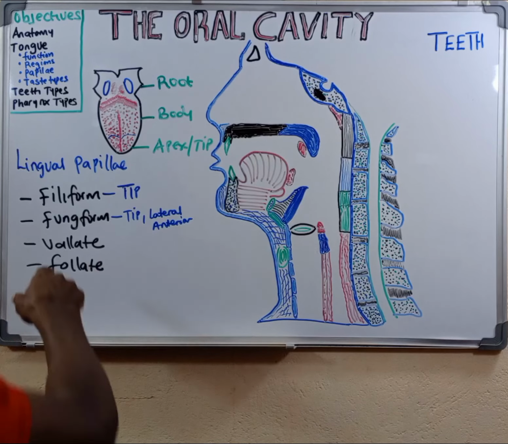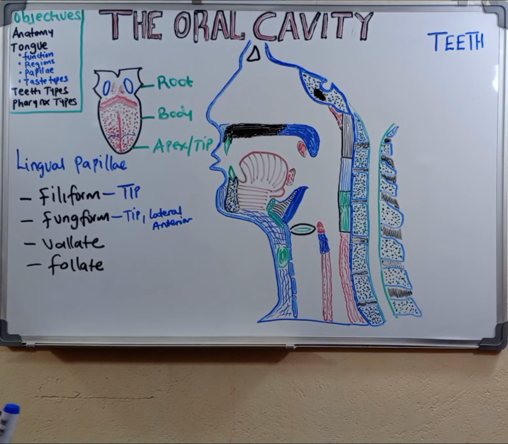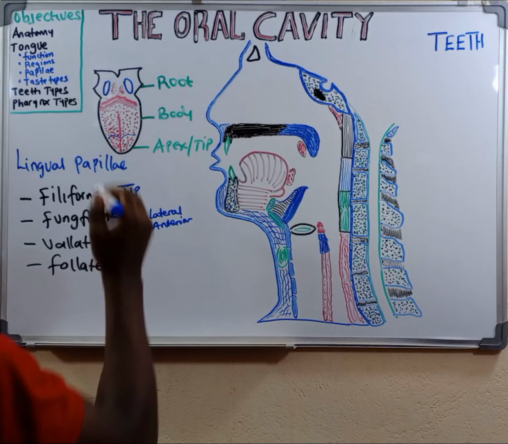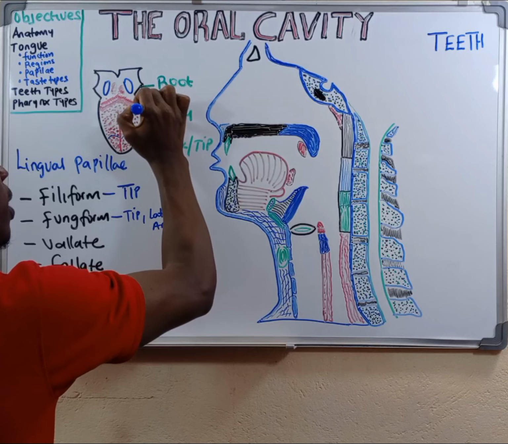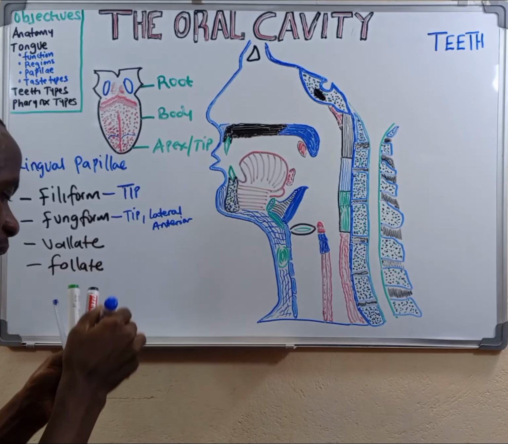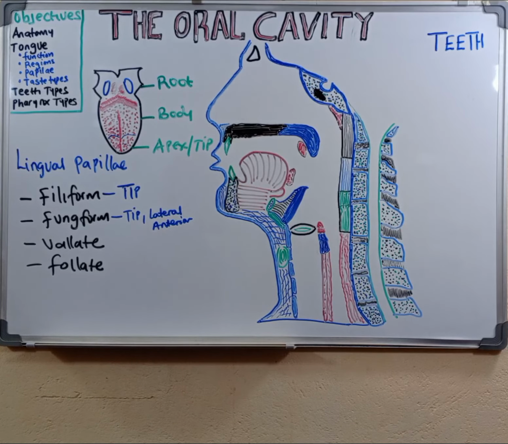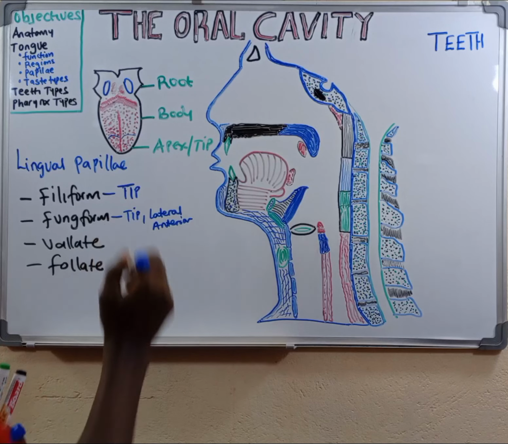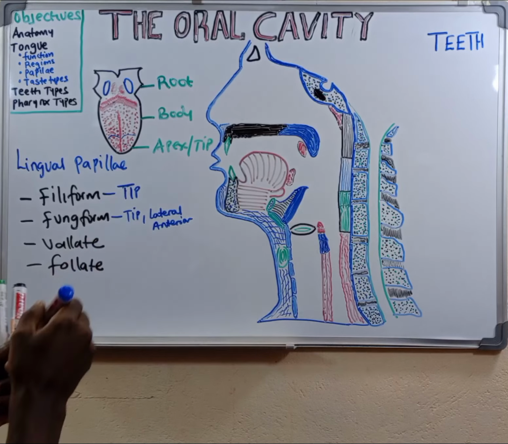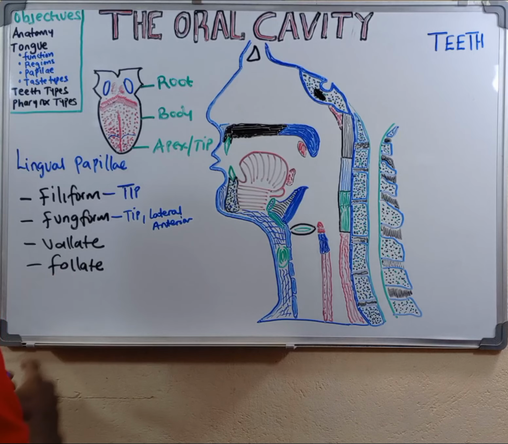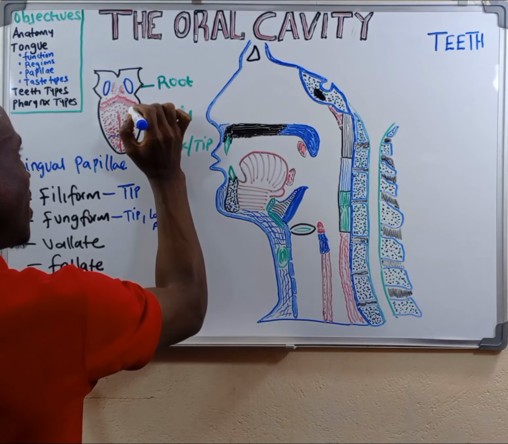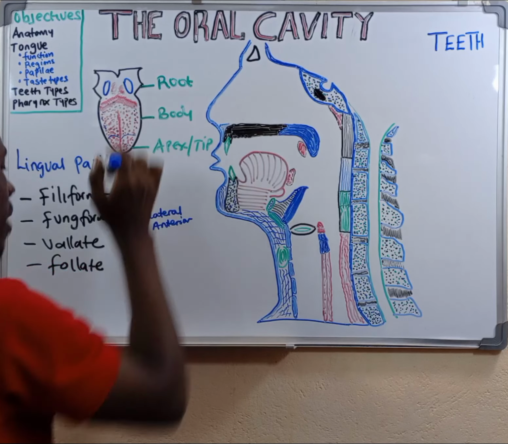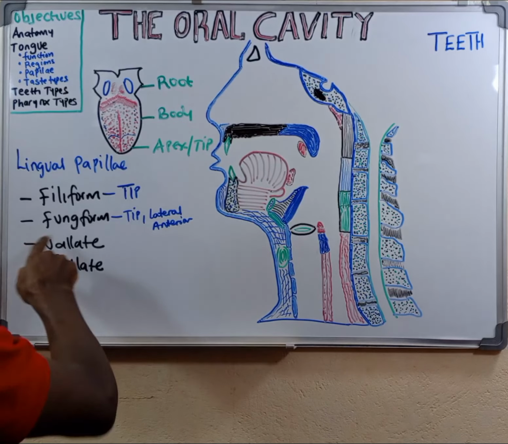Okay, so now that is for the case of the fungiform papillae. Then when we talk about the vallate or the circumvallate, these are just in a V shape, especially at the back of the tongue. This is where you're going to be finding what we call the vallate or circumvallate, in a V-shaped arrangement. And then the foliate papillae are found especially on the lateral sides of the tongue, especially the posterior aspect, but on the lateral side. That's where you're going to be finding what we call